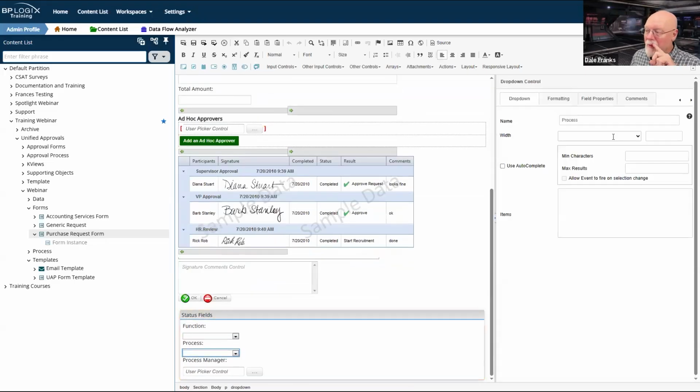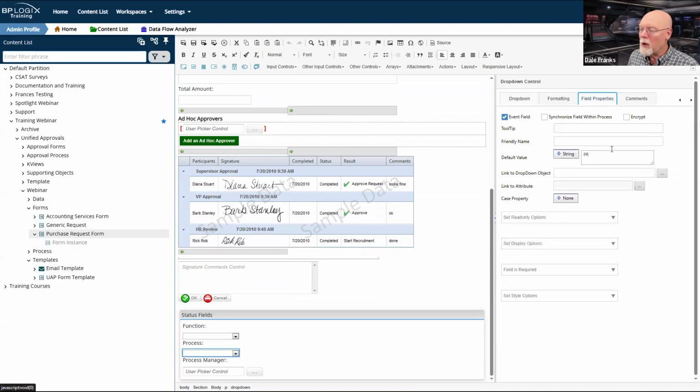We've set the process via its field properties to purchase request, PR. For a purchase request, I'm going to want to show a custom field to the recipient of the email. I'm not going to want to show it if it's not a purchase request.